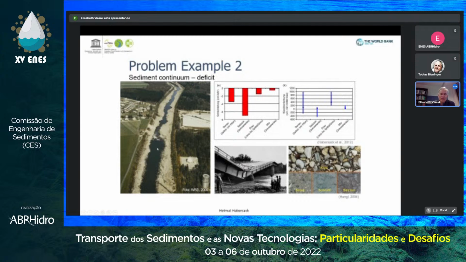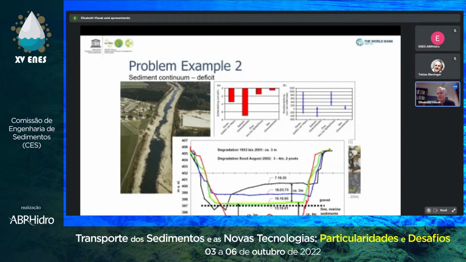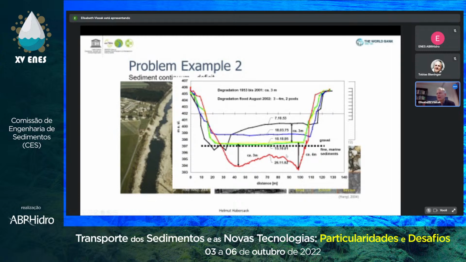So this means we have to get the sediment somewhere downstream to avoid this riverbed breakthrough, as it is named. And if it is not like this, then you also get a lowering by 1-2 meters, and then the groundwater level goes down and all other risks are still existing. So you see this here, this was the magic line, with zero gravel to fine material.